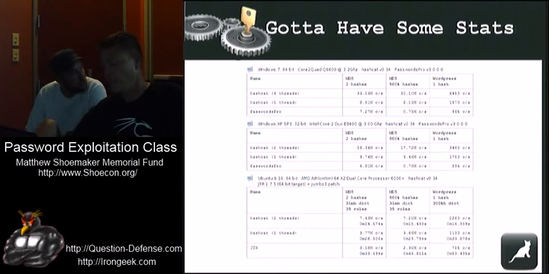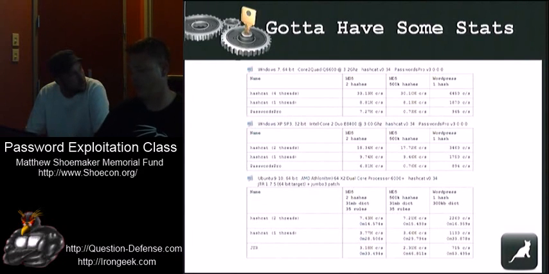And then the real features of Hashcat shine once you jump over to 500,000 hashes. You can see that Passwords Pro drops all the way down to less than 1 million keys per second, while Hashcat only loses 3 million keys per second. So that's pretty significant. And I'm not going to go over all of these, but it's basically the same all across the board. It's compared against John the Ripper, and anyway.